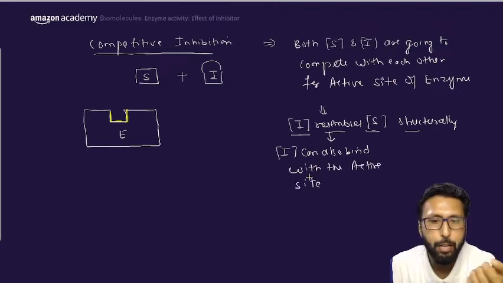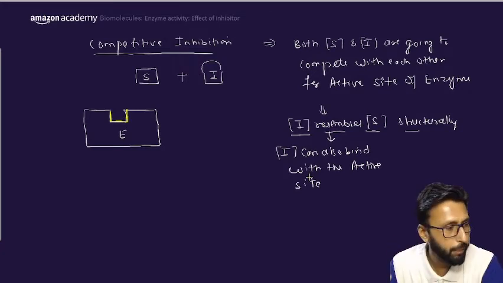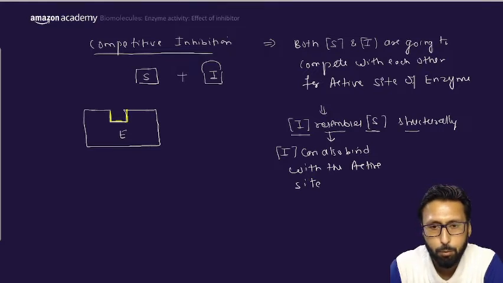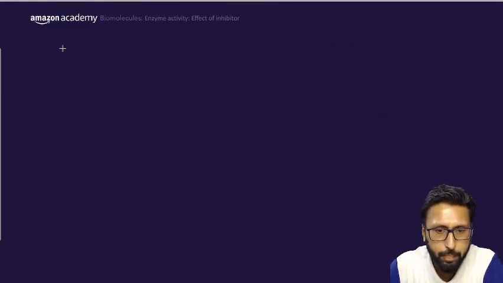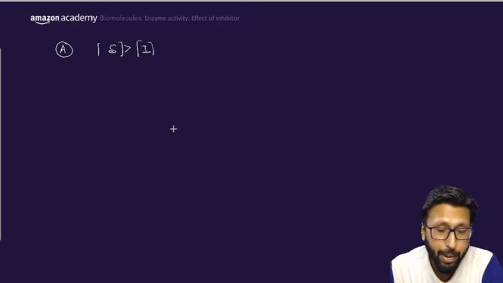Now on which factor will it depend, whether the substrate will bind or the inhibitor will bind? It will depend on their concentration, okay. So we can take two situations here. Suppose we have substrate more than the inhibitor, okay. So the probability of binding of the substrate with the active site is more than